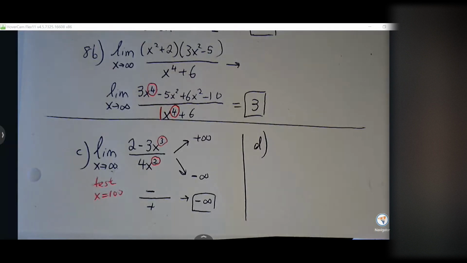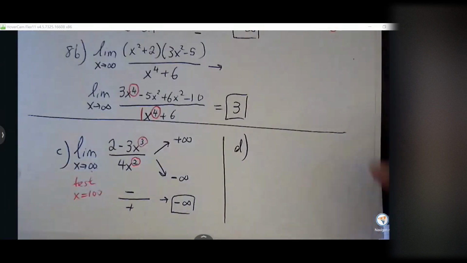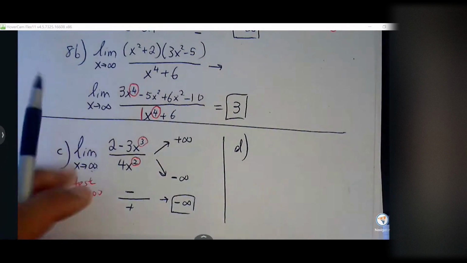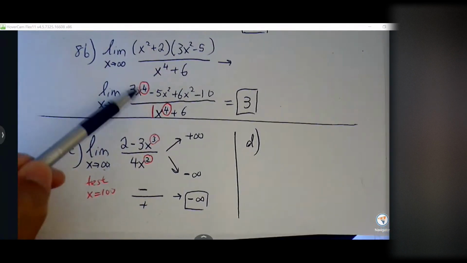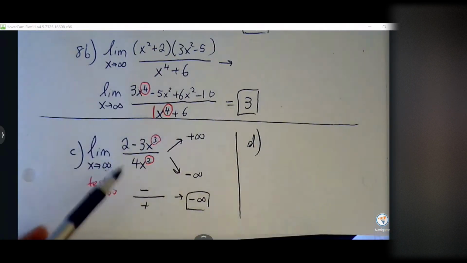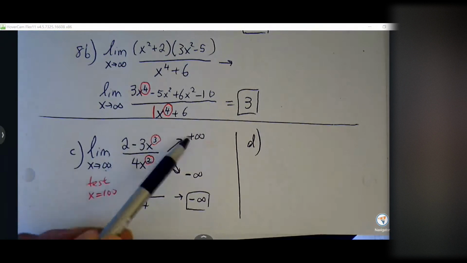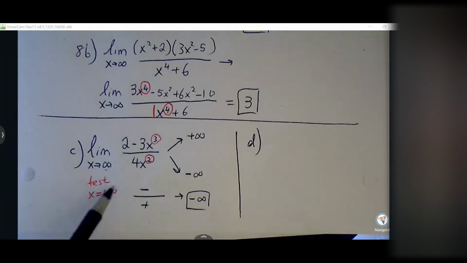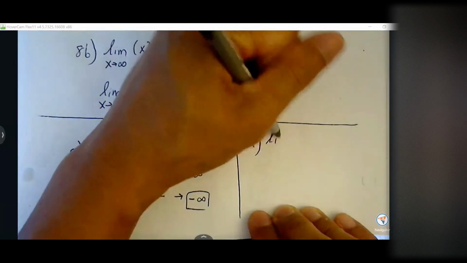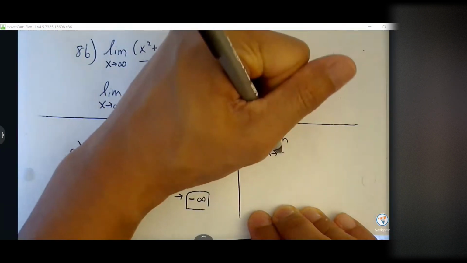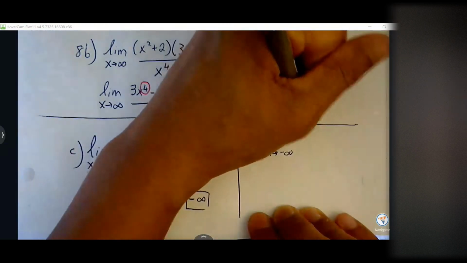And for part D, I've done 2 of the 3 scenarios, right? Degrees match, we take the ratio. If the degree is higher in the numerator than the denominator, then we know we're choosing between 2 options. We test a value that we're headed in the direction of. And then what if we have this limit as x approaches negative infinity of